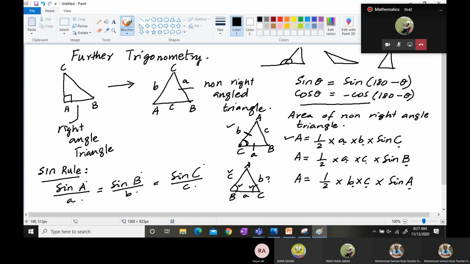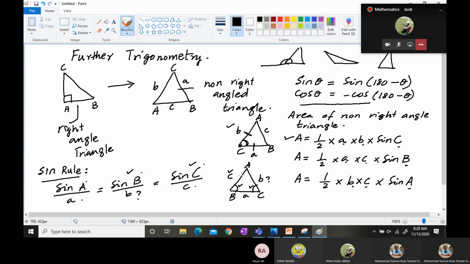Sine A upon A is equal to sine B upon B is equal to sine C upon C. So we put the value of angle C and side C here, and angle B and side B over here. We have to write just these two, sine B upon B is equal to sine C upon C, when we are finding out this unknown side B. So